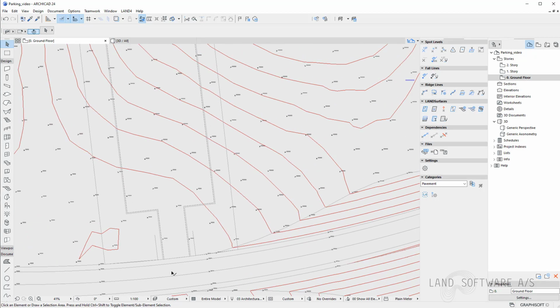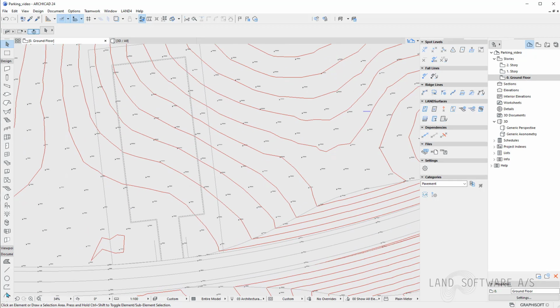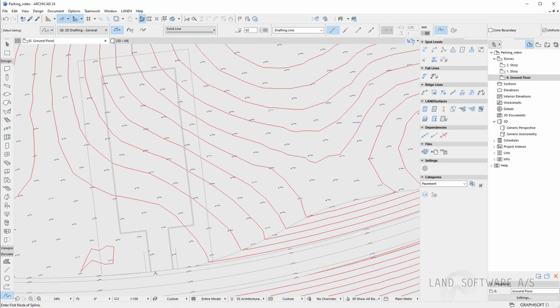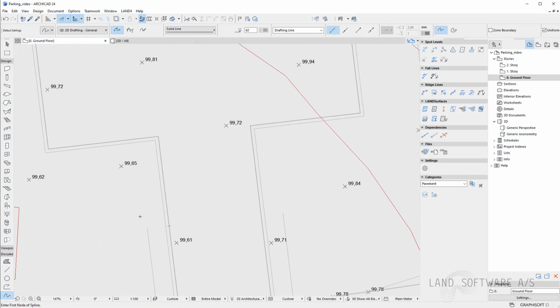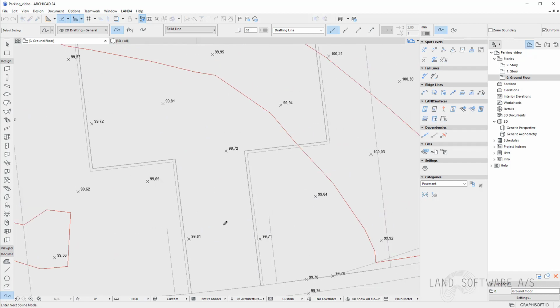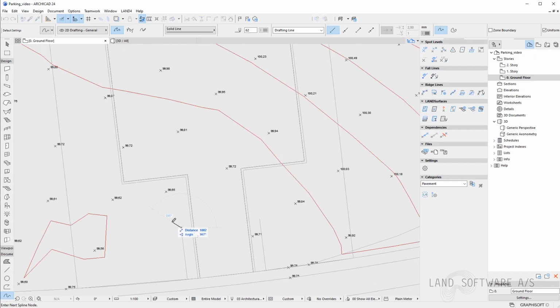Now having this, I can start designing the pavement around, and I'll use the spline for that just because it's more organic during the process of drawing it.